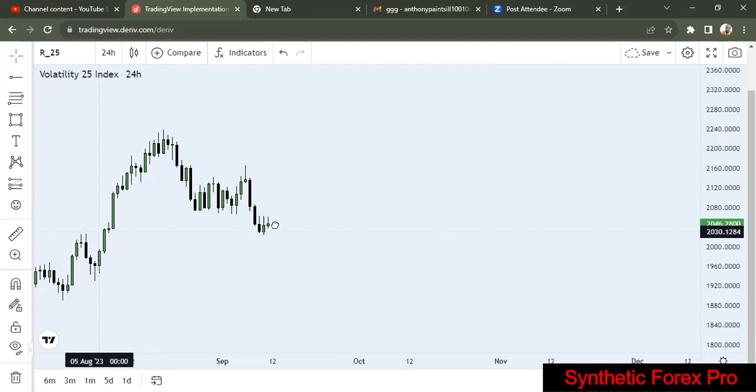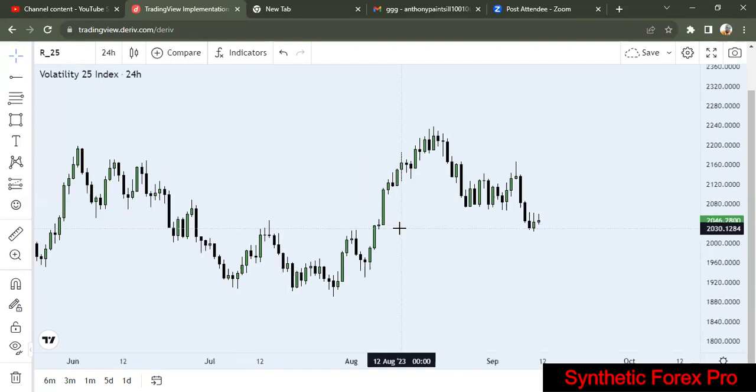Okay, so we have two market structures, which is the bearish market structure and the bullish market structure. And then the other form is the accumulation, which we don't consider most, which is there, but I'm not saying we don't consider it. Okay, now let's look at a bullish market. When we are in a bullish market,